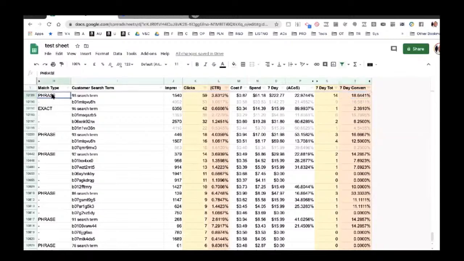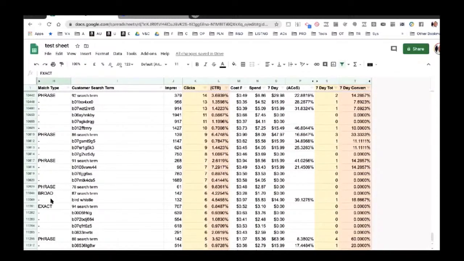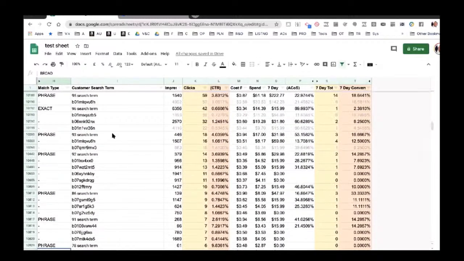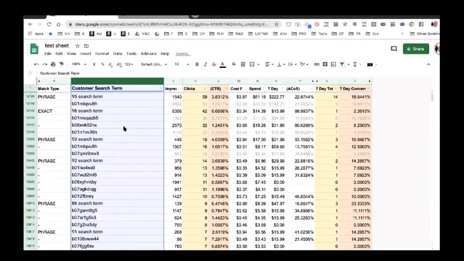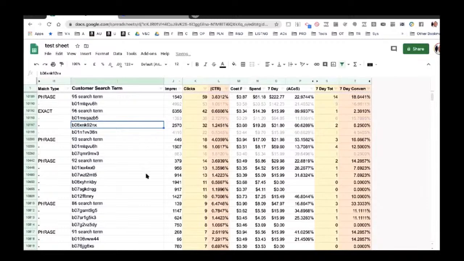So we run phrase, auto, exact, and there's probably broad here somewhere. And I just replaced my own product search terms with a name search term. So please don't hit me in the face. Yeah. Anyway, we spent on this launch